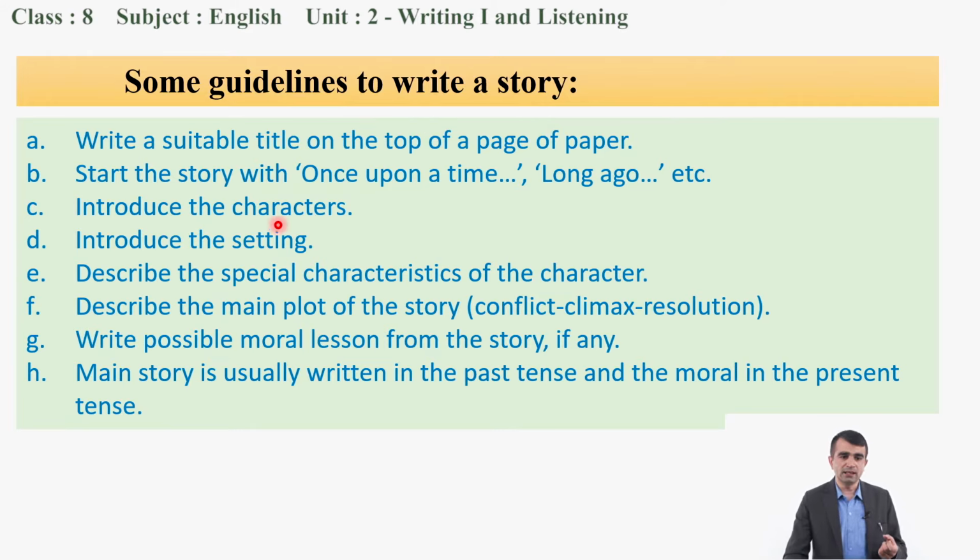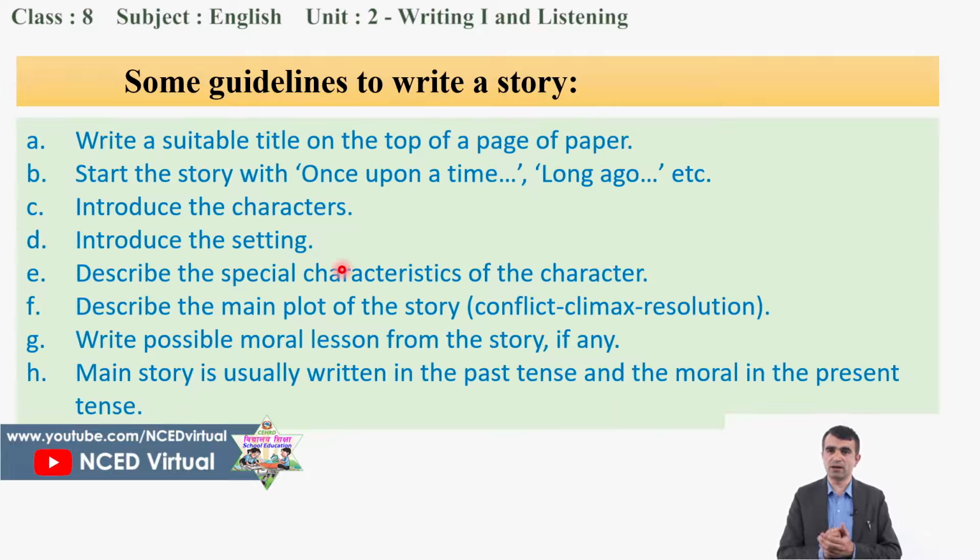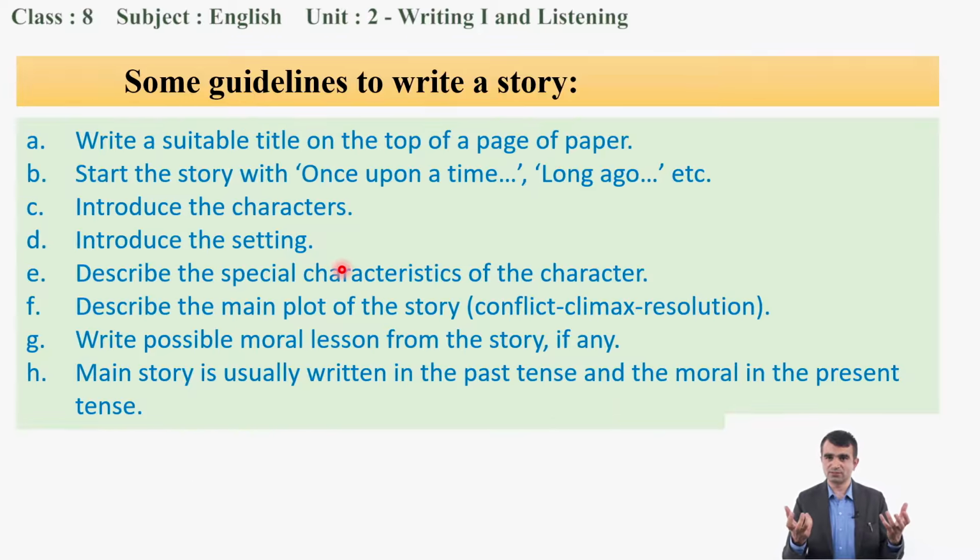Similarly, the next thing you should do is introduce the characters, who the characters are in the story. For example, once upon a time there was an old man in a village, that is a character. Once upon a time there was a beautiful girl, character. Start by introducing a character. Or, once upon a time there was an old man in a village, he had 3 sons. If you start with this, what is there? Old man, sons, all are there.